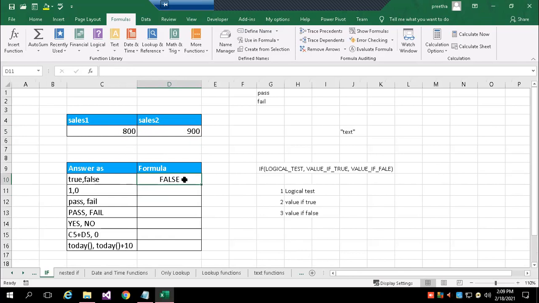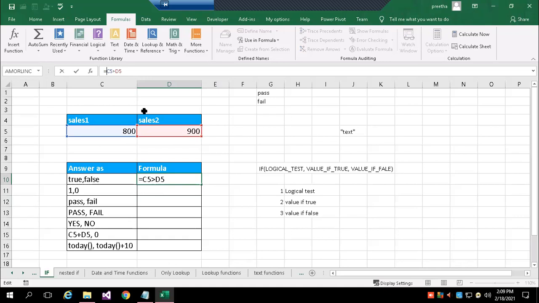And one more thing we should remember: any formula or function we write, what I have written now is called a formula. Any formula or function must begin with an equal symbol. Otherwise, Excel will consider what you have written as text. I can get the result of whatever expression I have given only if I add an equal symbol at the beginning.